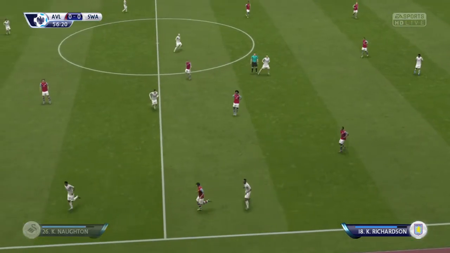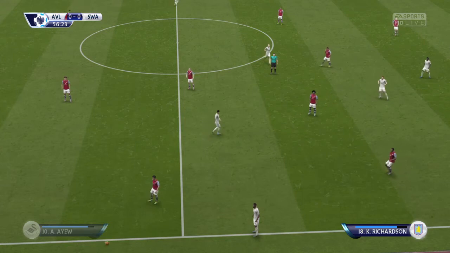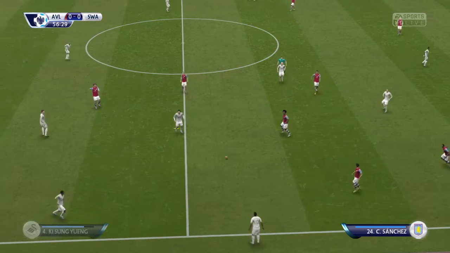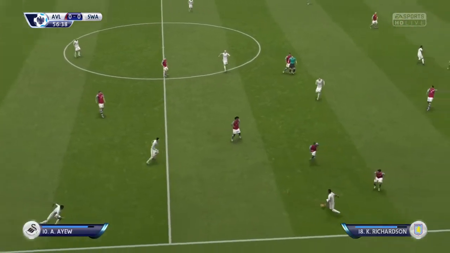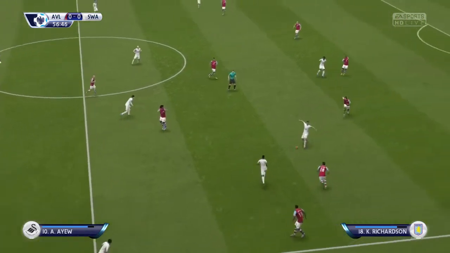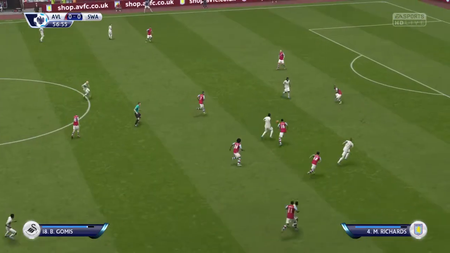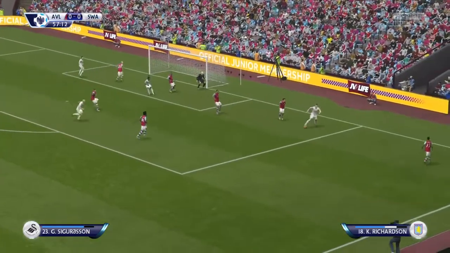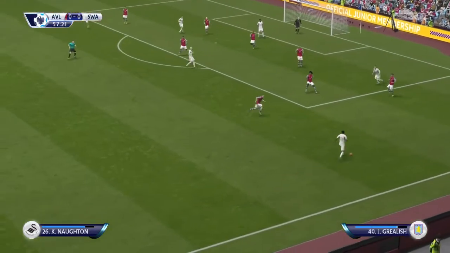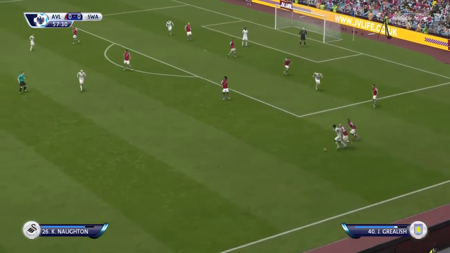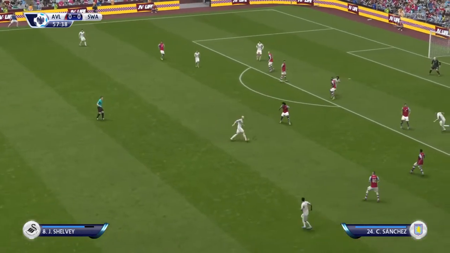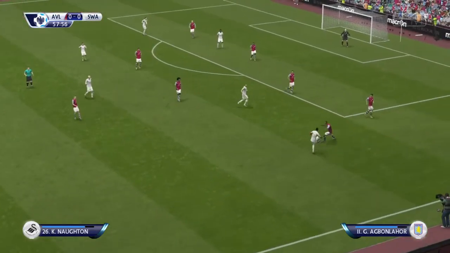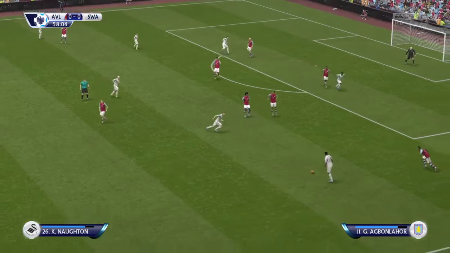So we'll restart with a throw-in. Sung Young Ki. Andre Ayew. Kyle Naughton. John Joe Shelvey. Kyle Naughton.